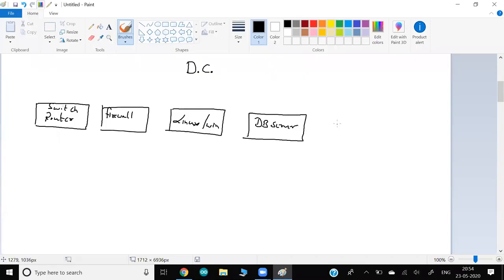Or maybe in the same data center, they are running some kind of virtualization tool, so that they can launch their VMs. So some kind of virtualization infrastructure, maybe like VMware or something like this.